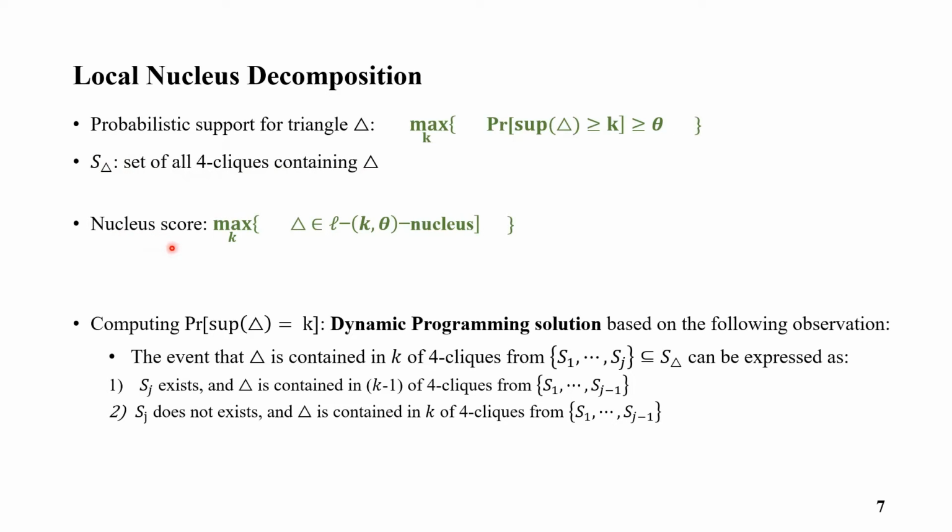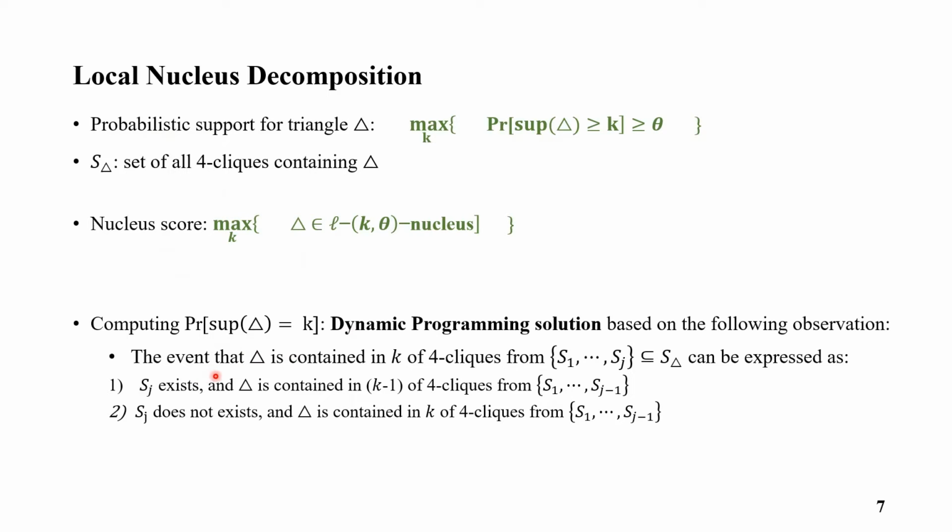And we have a nucleus score, which is the maximum value of K such that the triangle is contained in the corresponding K and theta nucleus, in the local K and theta nucleus. The main challenge is computing these probability values. We use a dynamic programming, or simply DP, approach to solve this problem, based on the observation that